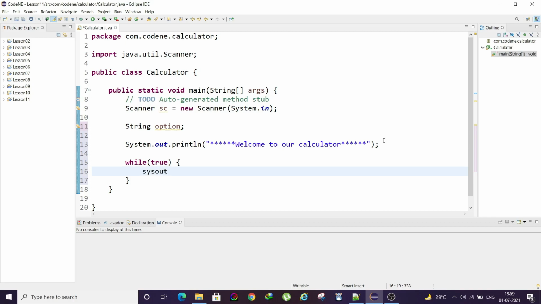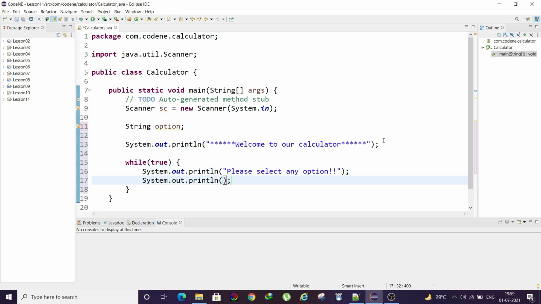So inside this we need to write, please select any option. Now we are going to give them the options. One, calculator, then two will be exit.